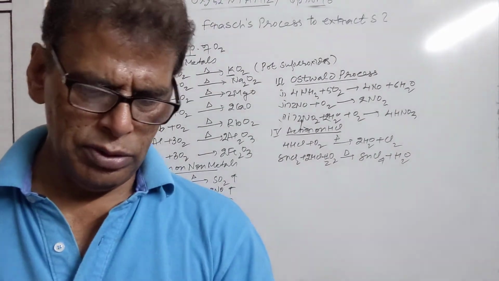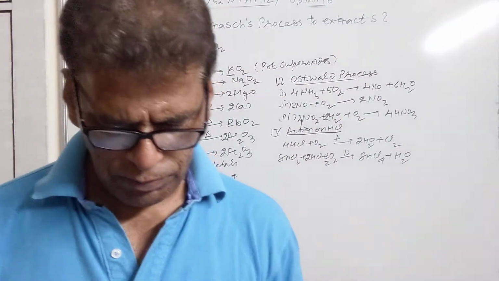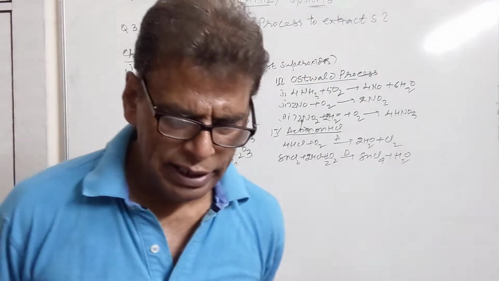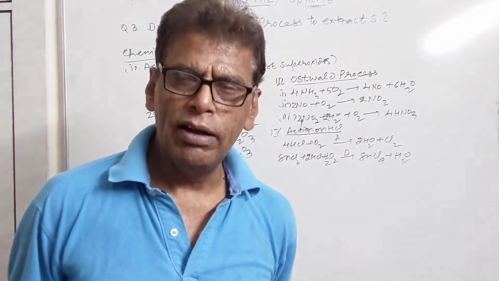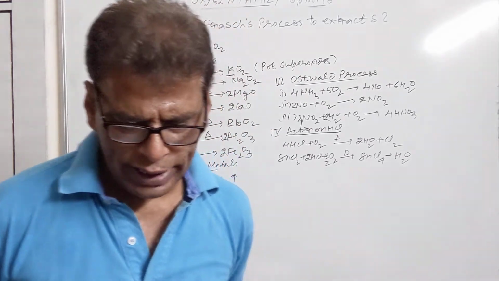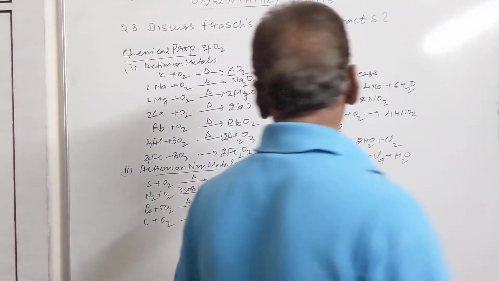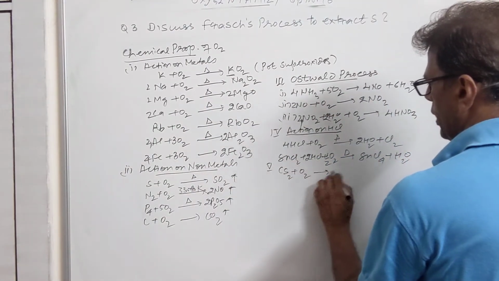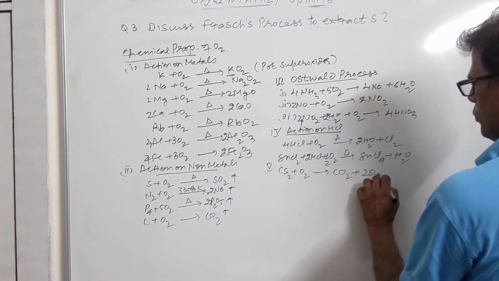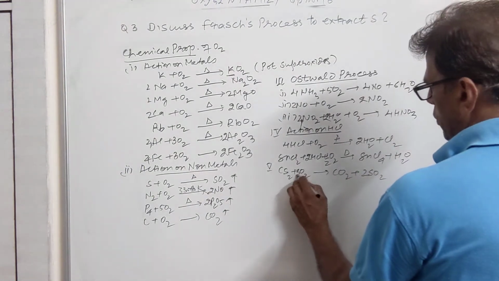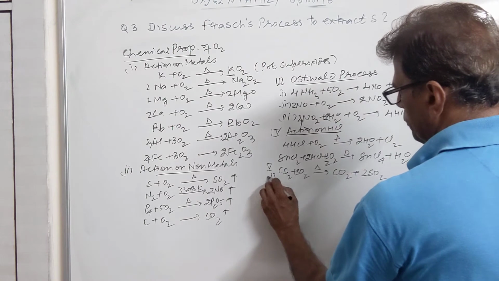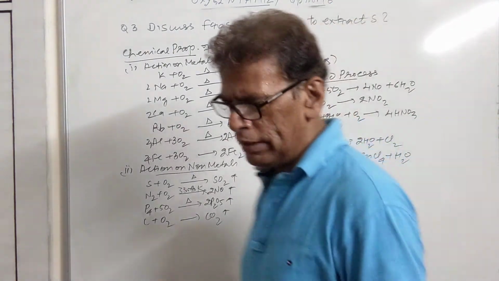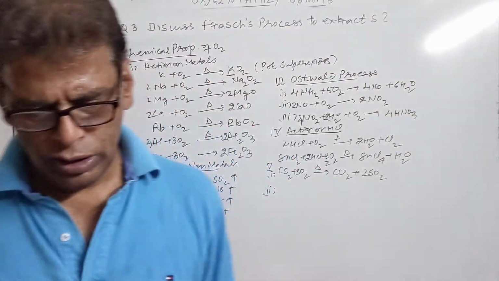Then we come to other properties of oxygen. Action on CH2 gives CO2 plus sulfur dioxide. Action on sulfides of metal, it will produce oxides from the sulfides. Fifth is action on CH2 plus O2, you will get CO2 plus 2SO2. Carbon disulfide, when reacted with oxygen, it will produce CO2.